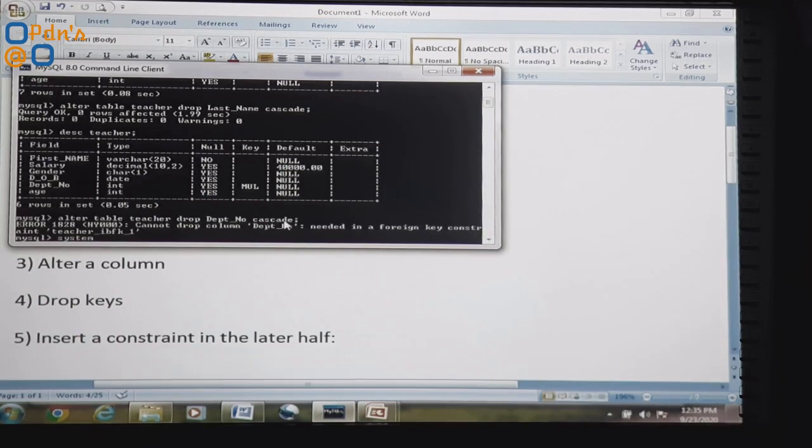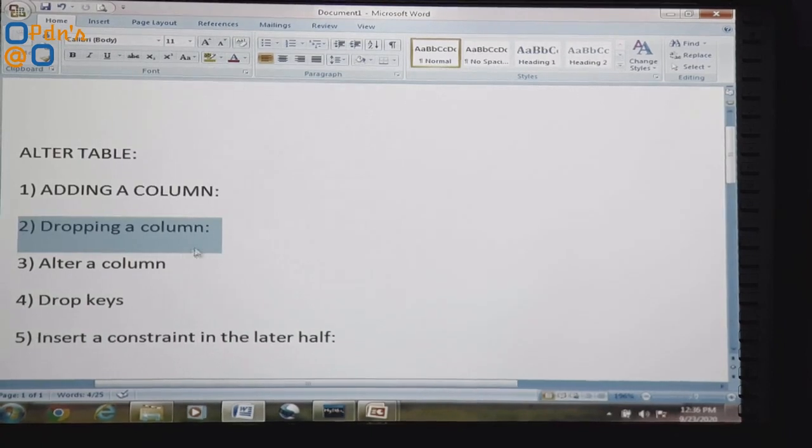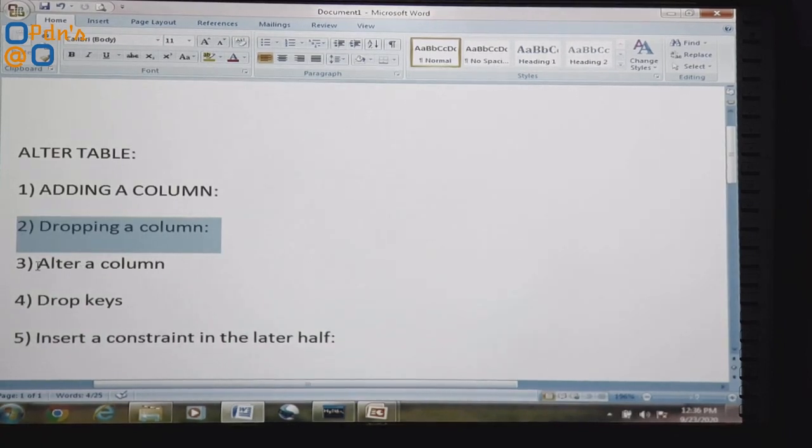So we will learn all the features first. We have learned the first two features of the alter table command.